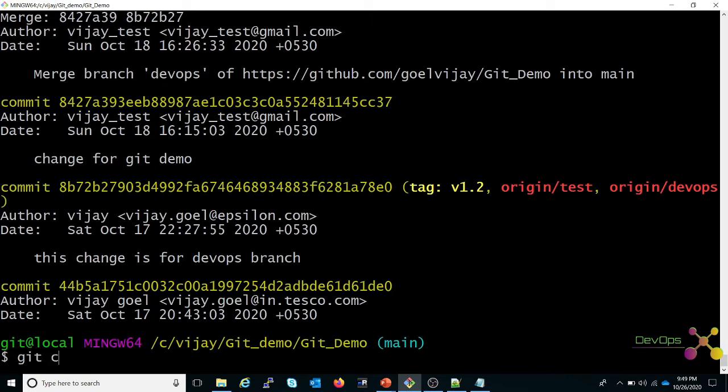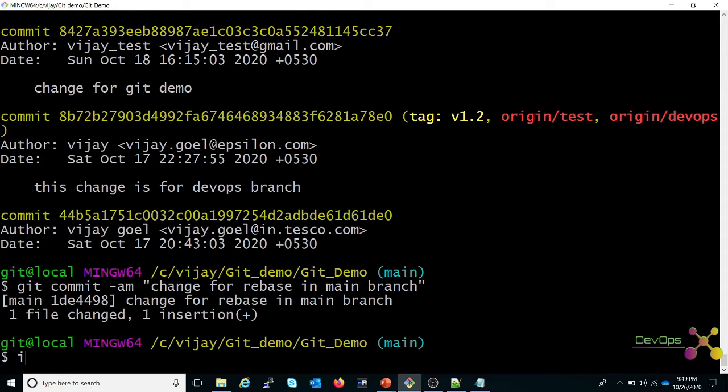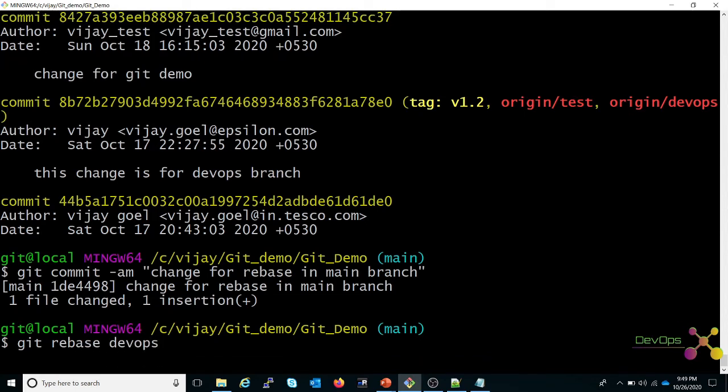Git commit. Now we'll do the rebase with DevOps branch, or either way we can keep the changes in main branch and we can rebase to the feature branch like that. So I am doing a rebase.